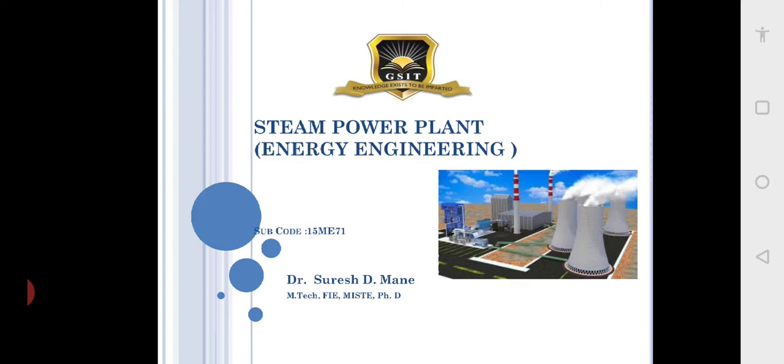So you are aware that all these subjects have got 5 modules, and even this subject has 5 modules. First module deals with steam power plant. Then you have got second module, diesel and hydraulic power plant, hydel power plant. Then you have got solar, wind, then geothermal, and last you have got on biofuels, green energy, fuel cells. So these are the 5 modules.